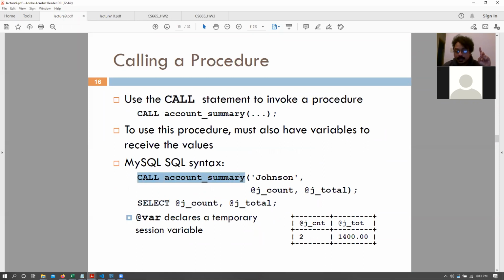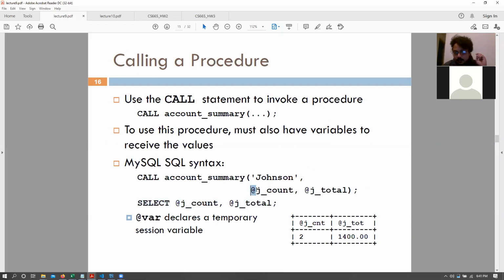So call account summary with the customer name being the in parameter, J count and J total being the out parameters. Once we call this procedure, J count and J total would have the total number of accounts and the total balance for Johnson. Then we can perform select J count comma J total to get the values here.